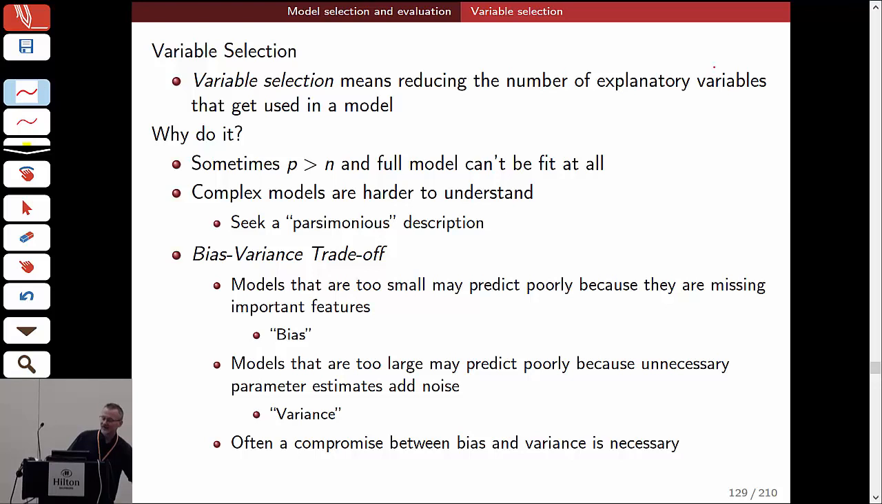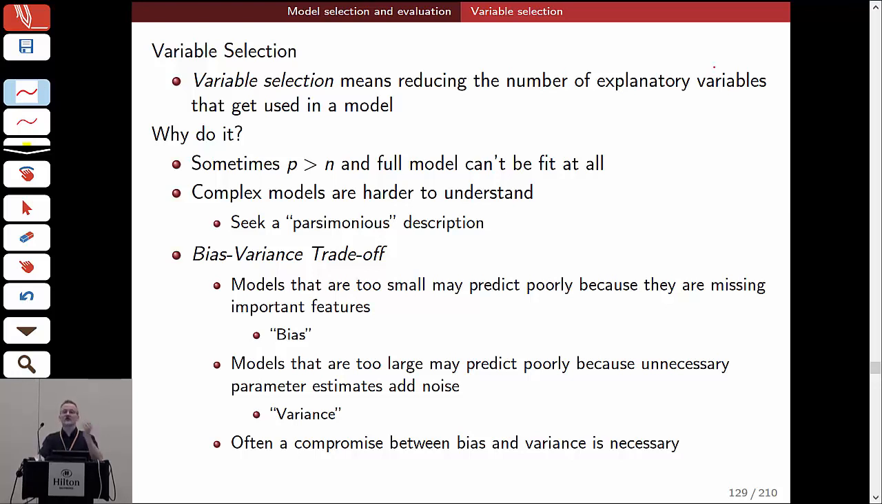So first, variable selection. Variable selection means reducing the number of explanatory variables that get used in a model. That's all. Why do we want to do that? Well, for one reason, sometimes the number of variables you've selected is larger than the number of observations, and you actually can't fit your model. So you have to do something to get rid of some of the variables. But even if that's not the case,